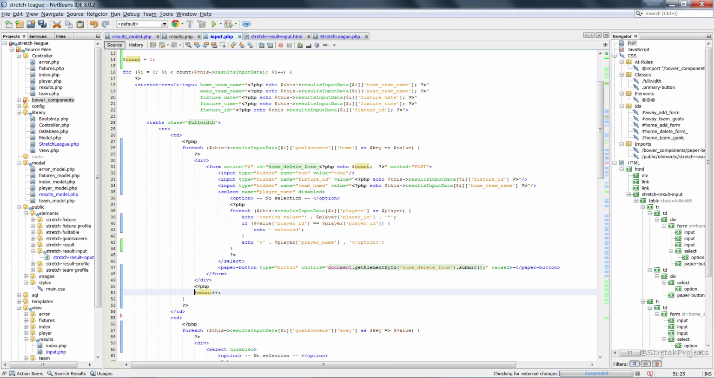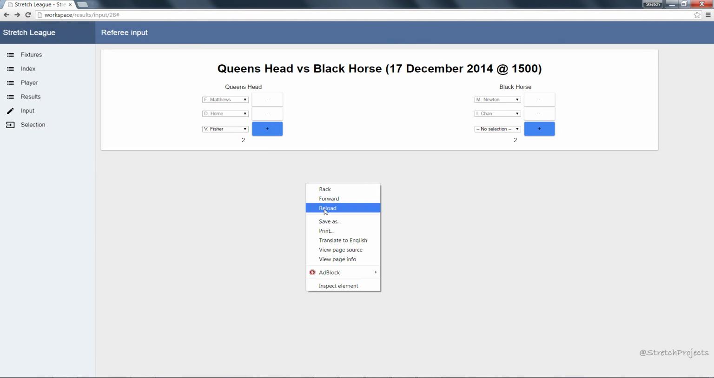Because we're also going to need to echo out the count down here as well. And so we don't want it to be changing while we're actually working on it. So if we save that and go back across to our browser and refresh,